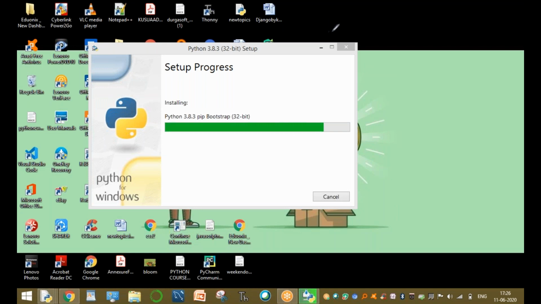One thing is important at the end of the setup progress. This is the Python setup in progress. At the end of the setup, it is very important to tick Add Python to PATH. Otherwise, setting the system environment is another process, and that's very difficult. So here just check the option.